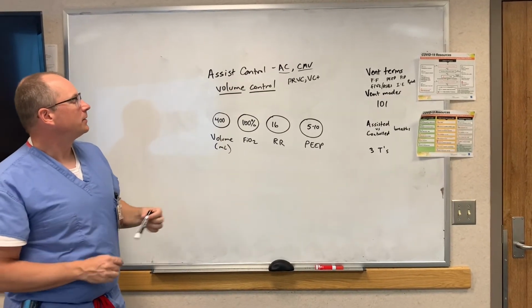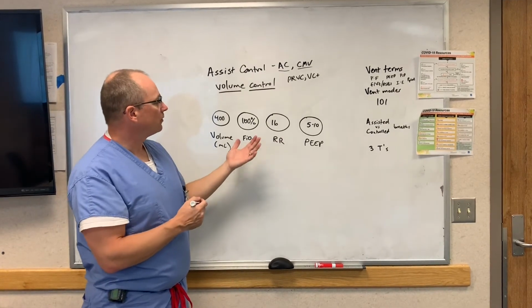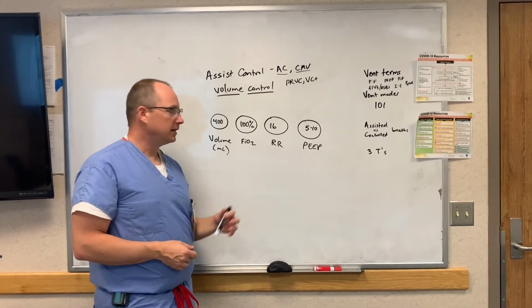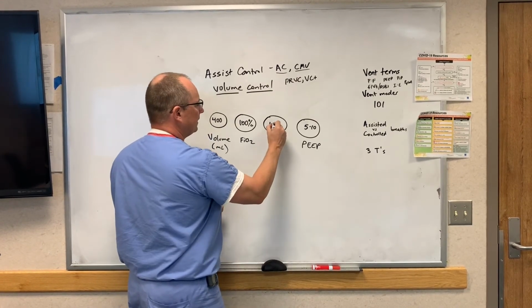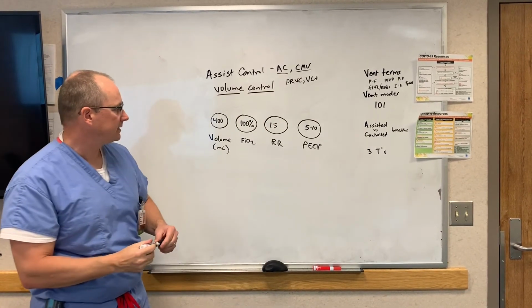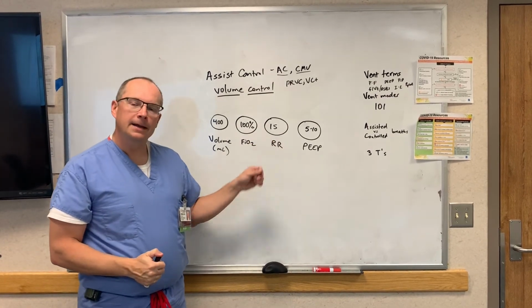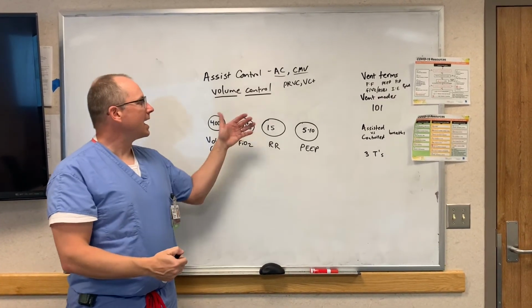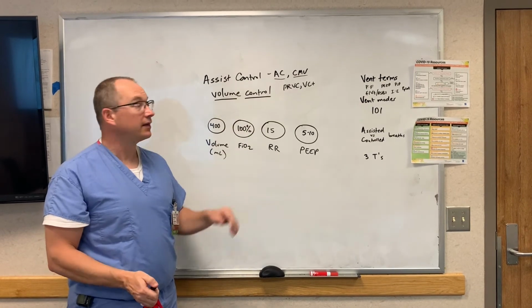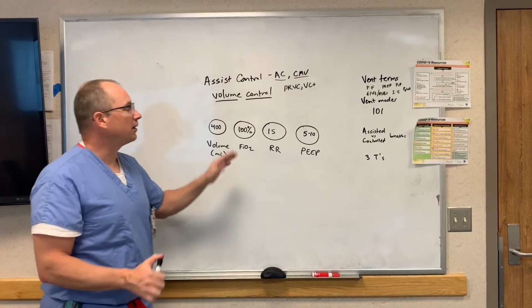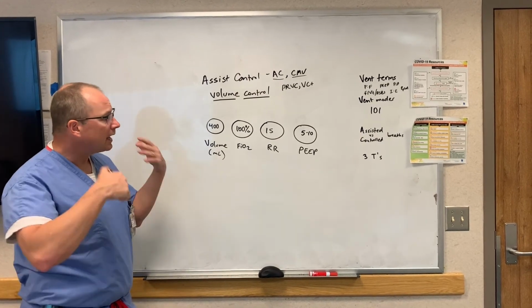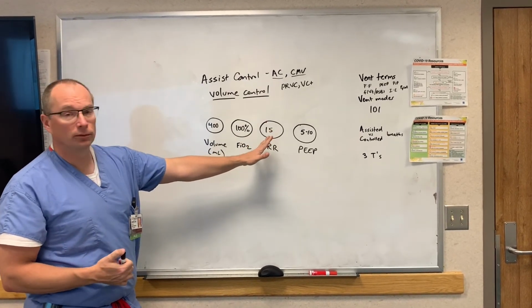In other words, if you set a respiratory rate, let's make this 15. This respiratory rate that you've set is 15. So there are 60 seconds in a minute, 15 breaths per minute. If 4 seconds goes by on a ventilator and it hasn't delivered a breath, the machine will deliver that breath,